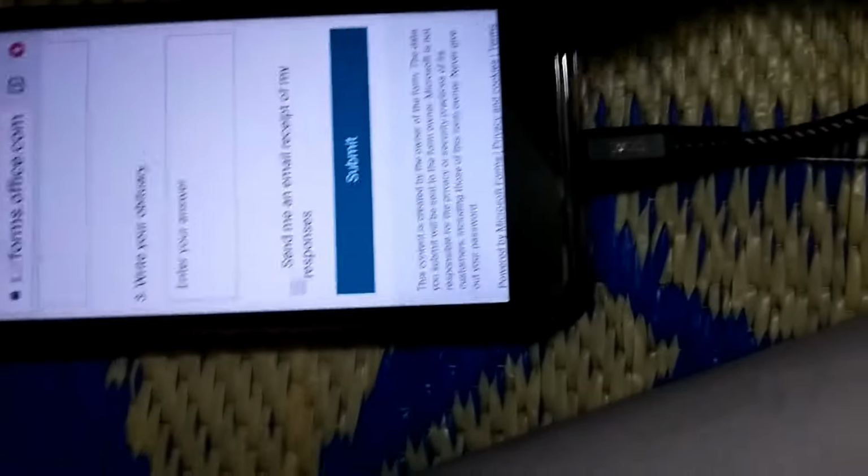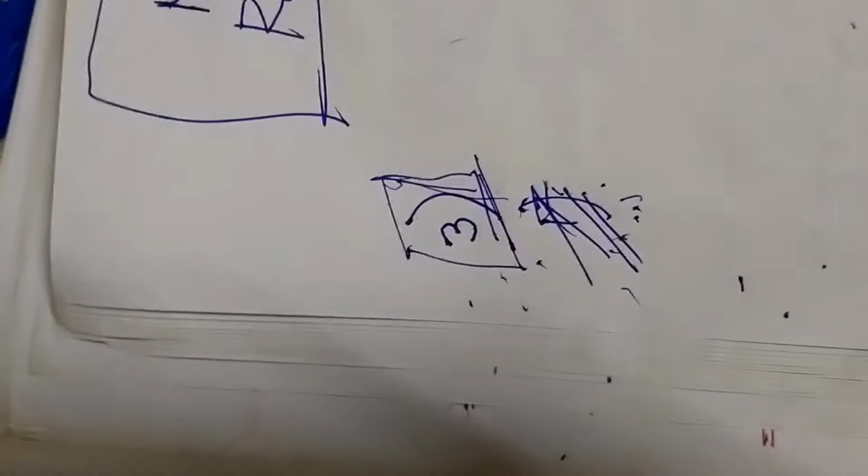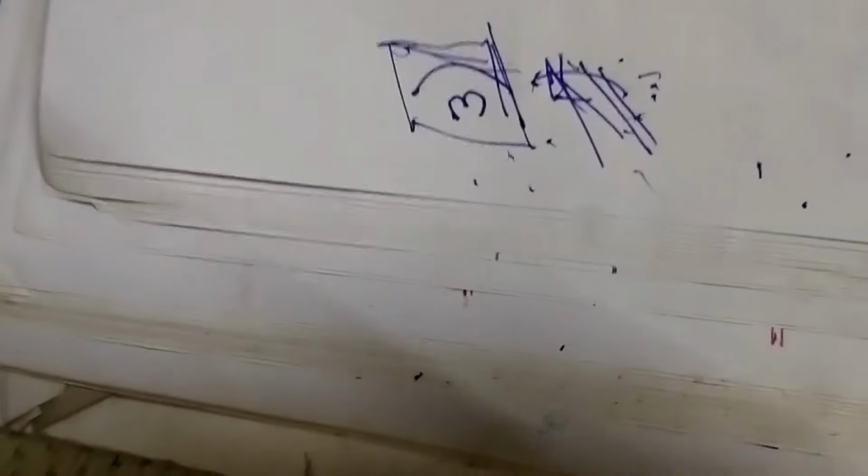I asked you to take a printout of your form like this one, but later I considered that it would become a bit hectic for you to take a printout. Even if you do not take a printout and do not send me the form as it appeared in front of you, I can still get your student view.